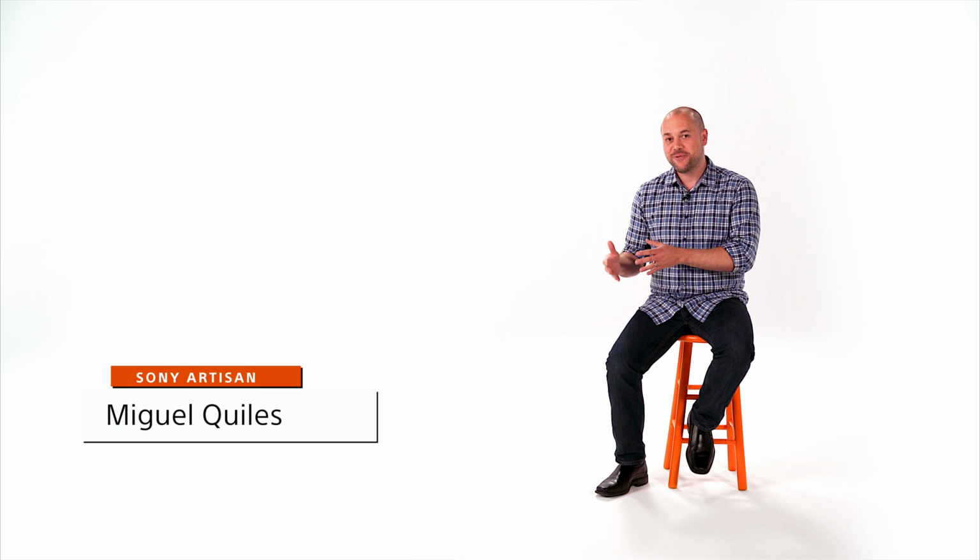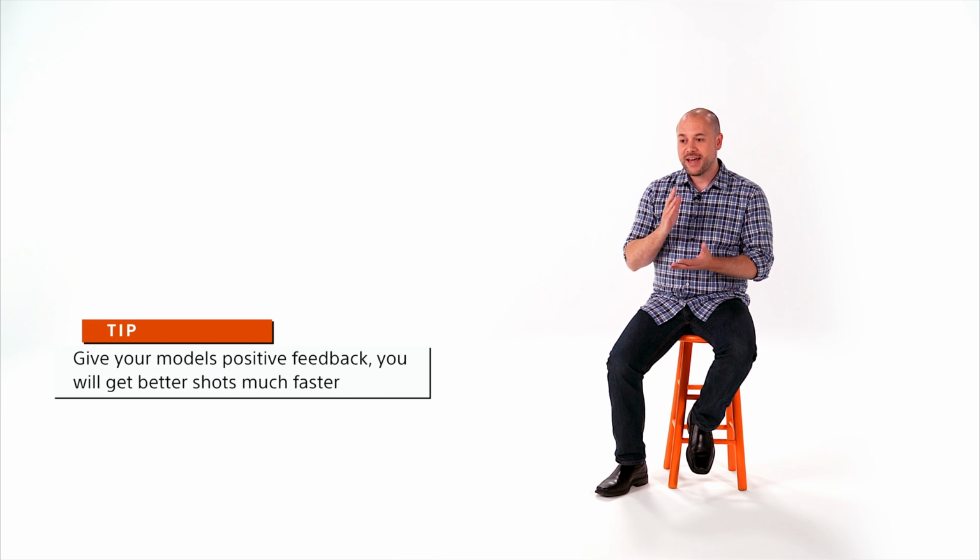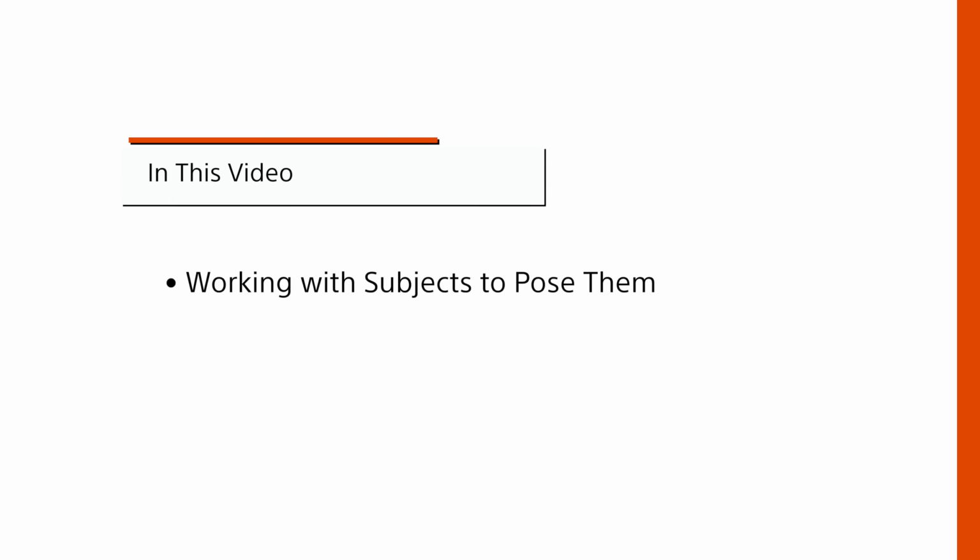You can't just assume that they know that they're doing a really good job throughout that process. So as I'm telling them to pose and to mirror me and doing the Jedi claw thing, perfect, that looks great. Then go ahead and turn this way. Fantastic. You have to let them know that they're doing a good job because, again, that's going to help you to get to that hero shot much, much faster. If you haven't tried this before, give it a try. You're going to notice that you're going to get better shots, better portraits much faster by encouraging them throughout this entire posing process. In this video, you learned about working with your subjects to pose them